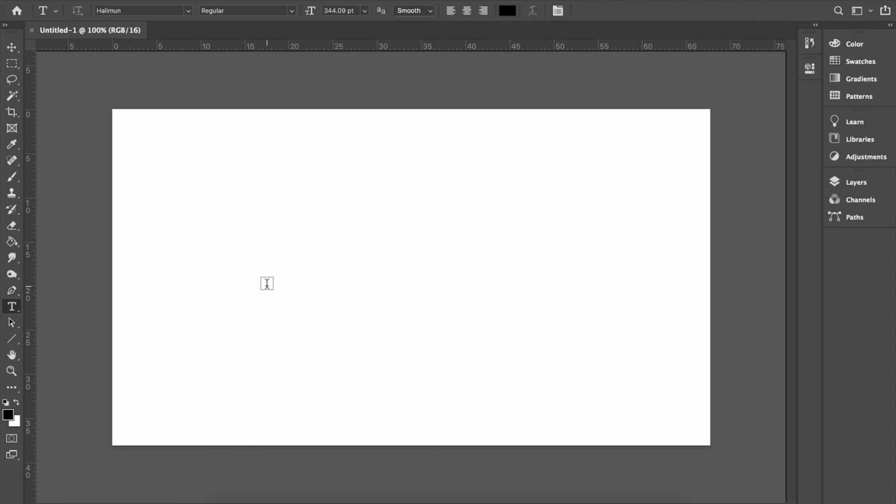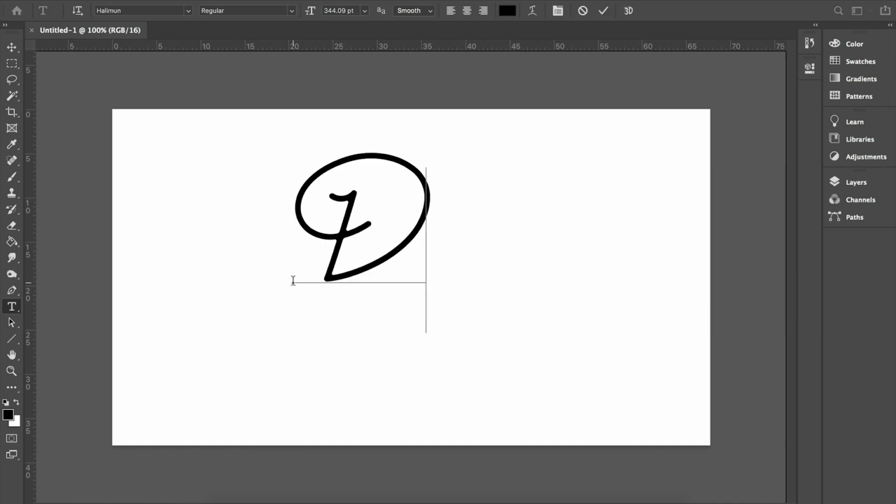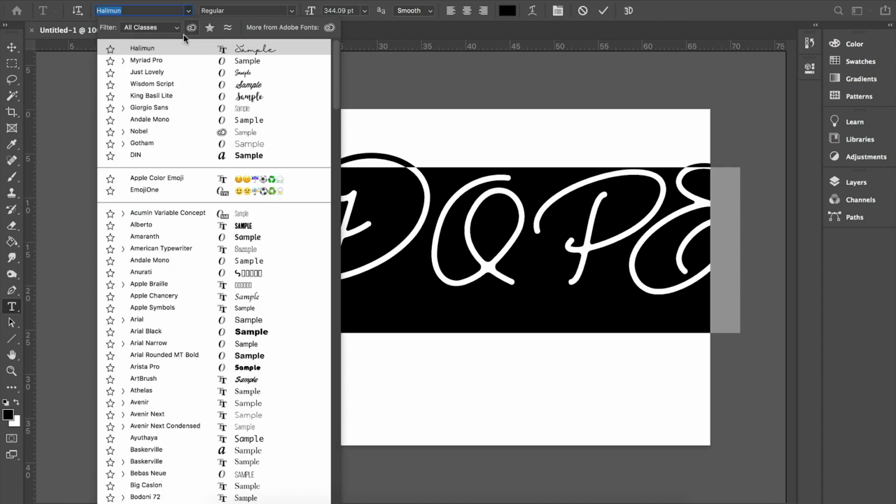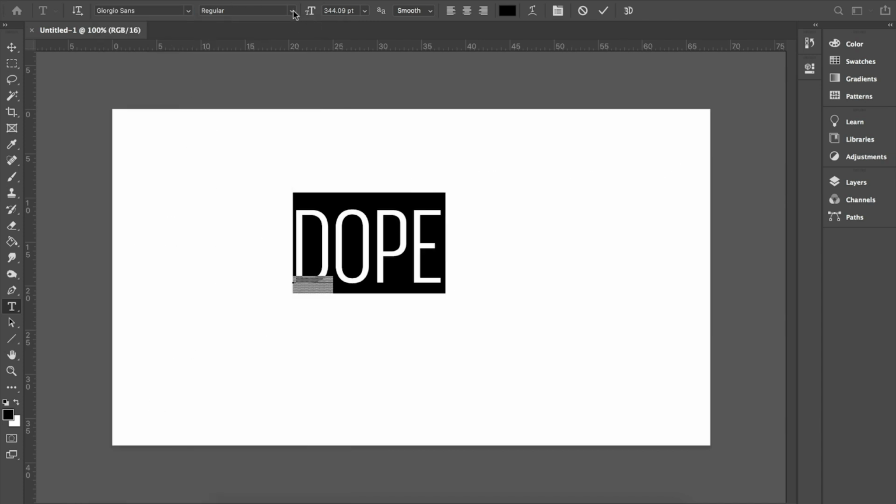Alright, first up, I'm starting in Photoshop. I'm going to set up a new little document here. And what we need to do first up is define our text. In the little example you just saw, I had dope plastered on the side of a cube. So I think let's just have a crack at setting up that exact same setup. I'm just going to select a slightly different font.